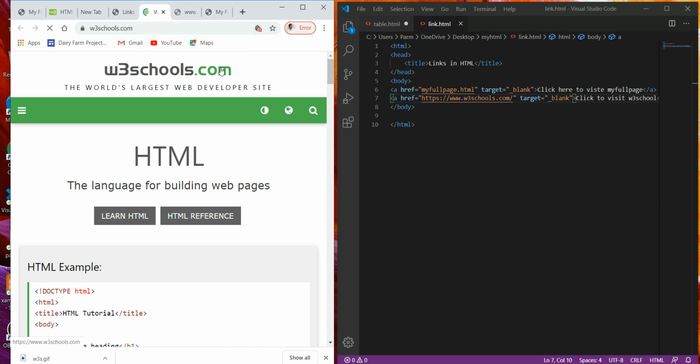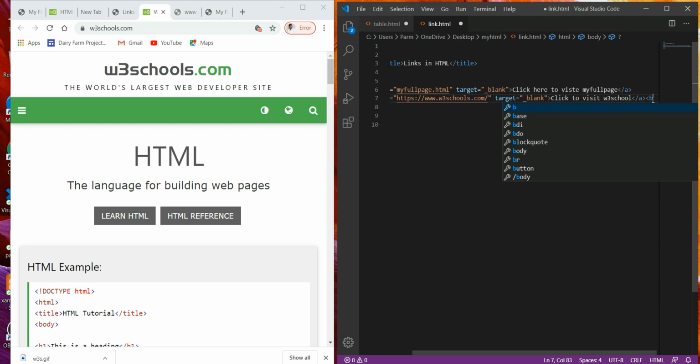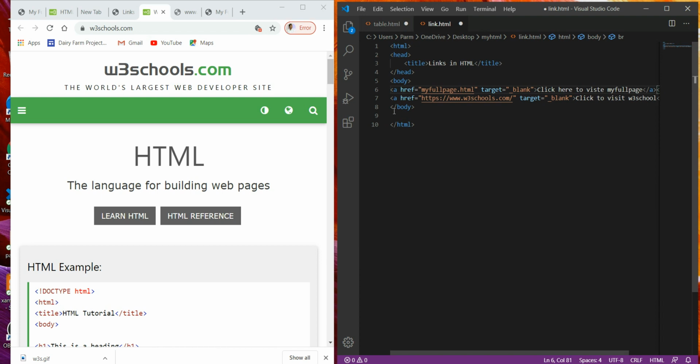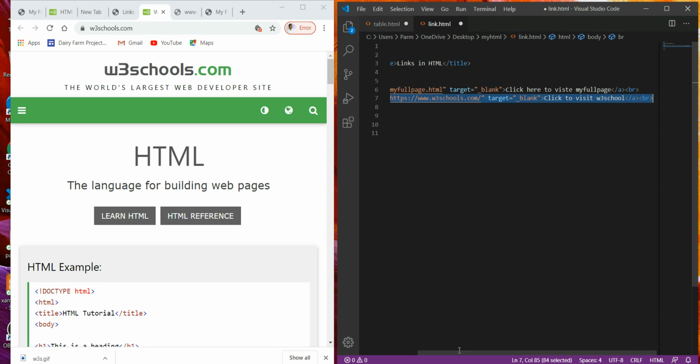Simultaneously, we can create a link to this file using an image also. Instead of this text, if we use an image, then we can also create the link to this file. For that, we just add a br element over here, that is the line break element. For this I will also use a break element at the end, and here I just start creating a link. I just copy this and here I paste this, Control V.